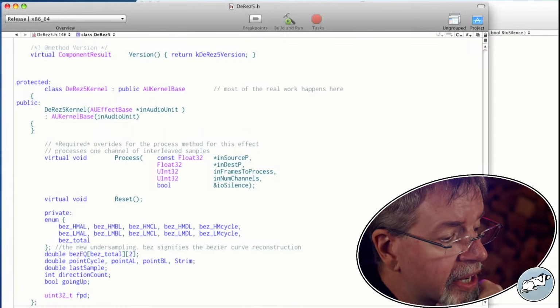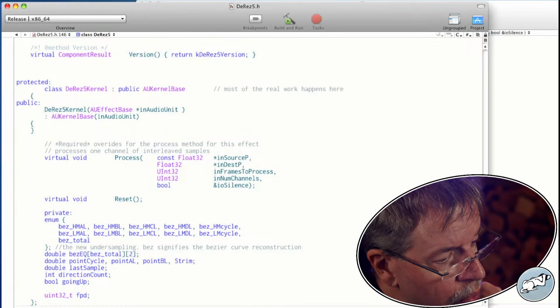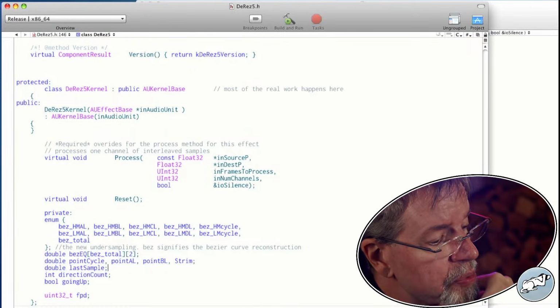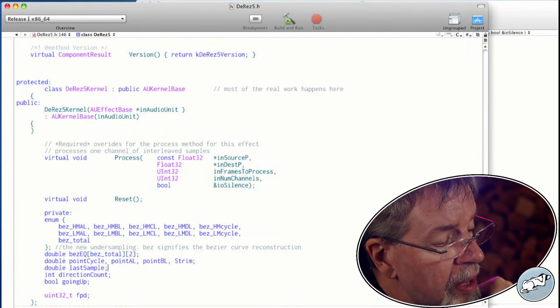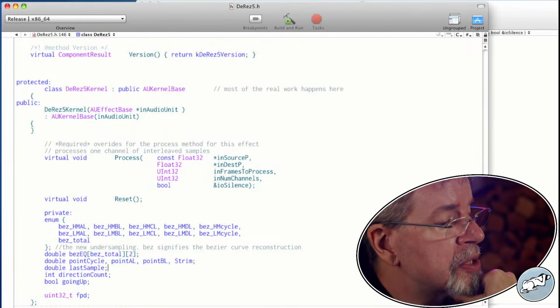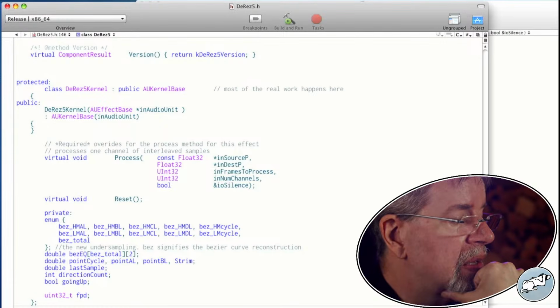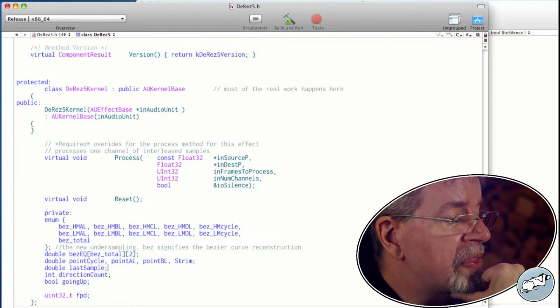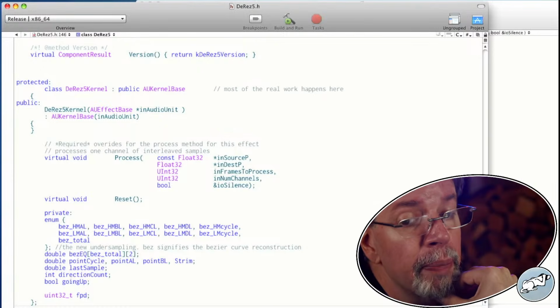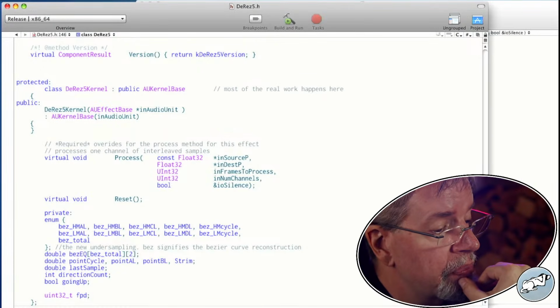So we're going to take every incoming sample. We're going to store the previous one. And every step of the way, we're going to see whether the current sample is bigger or not than the last sample. If the truth statement of that matches going up, we increment direction count.